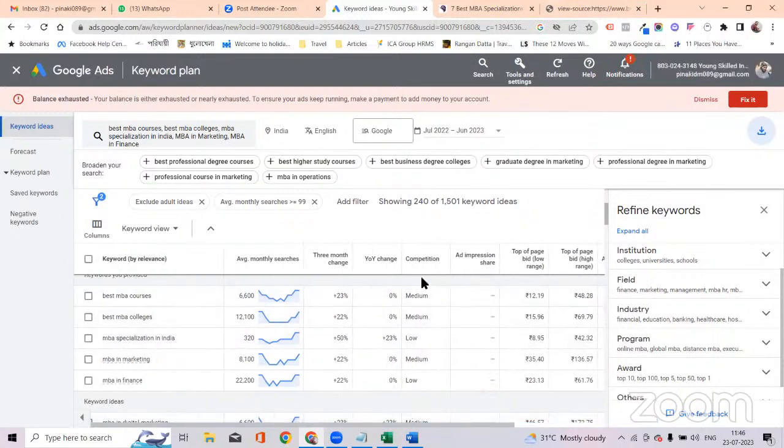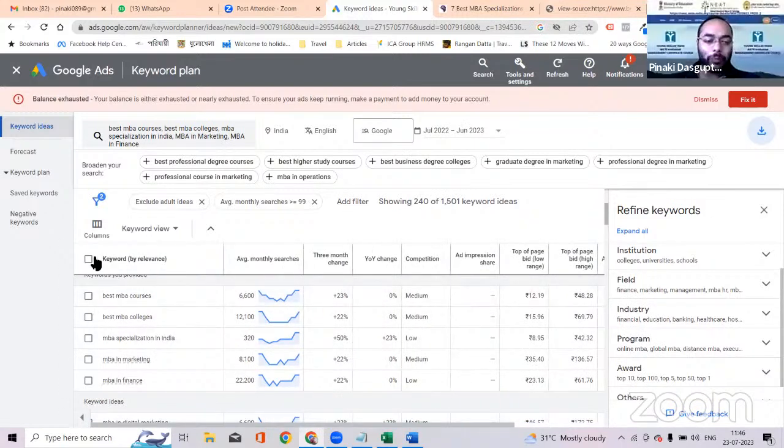ठीक है। अच्छा, तो we will focus only in this part only, कीवर्ड, एवरेज मंथली सर्चेस, 3 month change, YoY change और competition, that's it. सो ये 5 जो कॉलम है, ये 5 कॉलम के अंदर हम लोग का डिस्कशन को कन्फाइंड रखेंगे अभी, ठीक है।